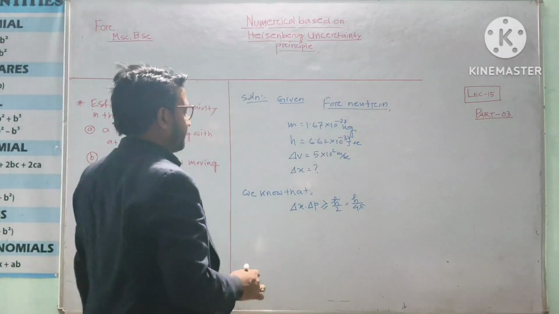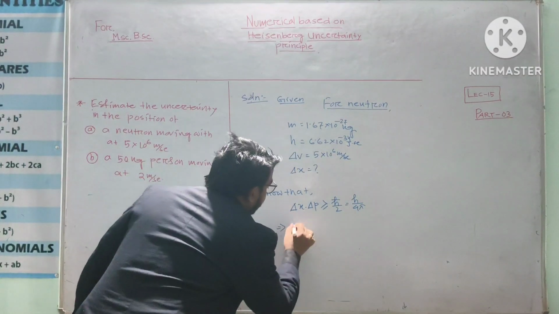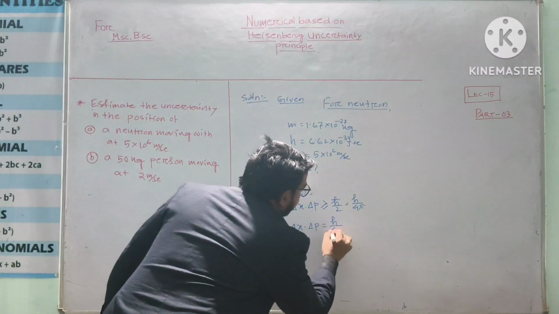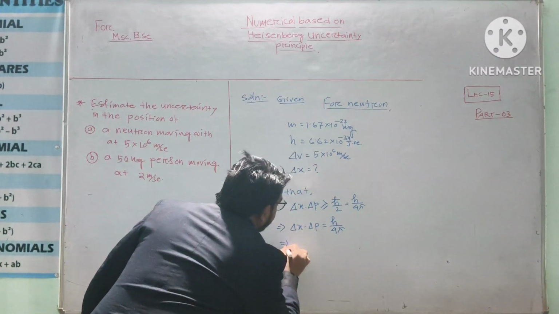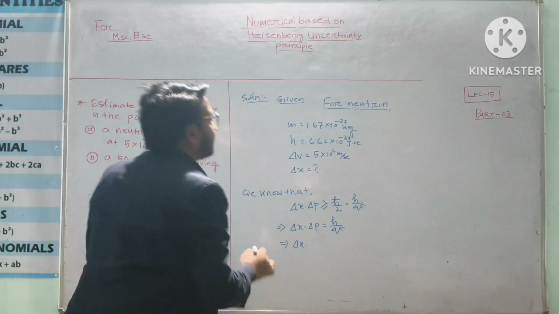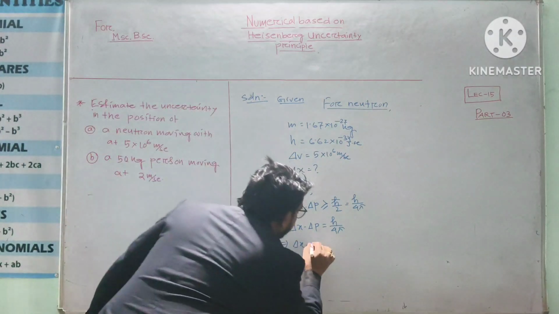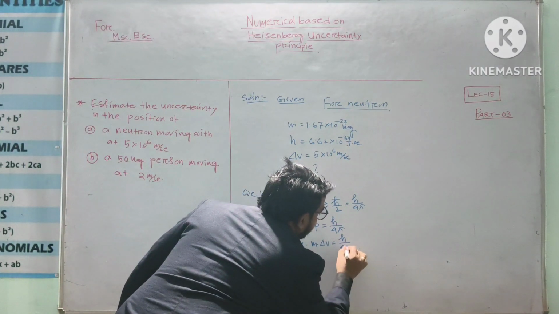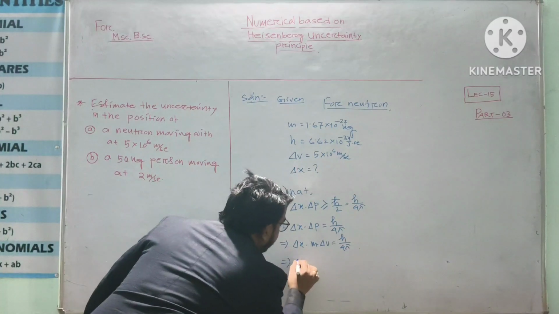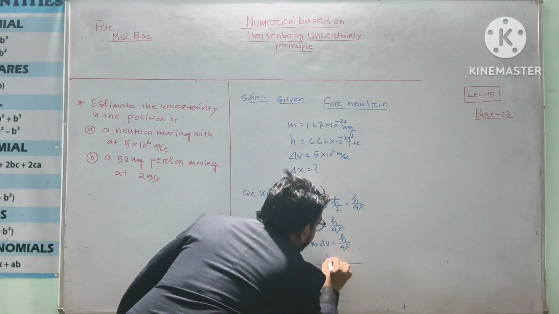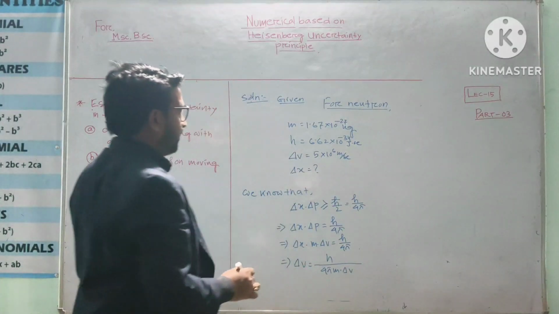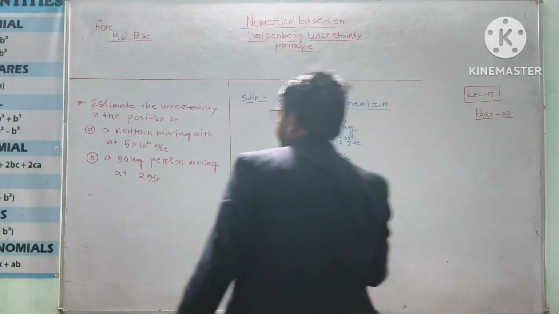So delta x into delta p equals h by 4 pi, and delta p we can write in terms of mass into delta v. Okay, so delta x equals h by 4 pi m into delta v. Okay, now delta x equals